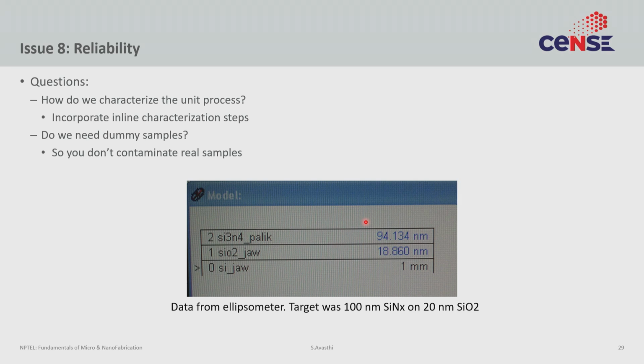So the way to do that is often to incorporate a whole bunch of characterization steps while you're doing the processing. So you don't wait till the whole device is done to find out that, oh, the metal I deposited was too thin, or oh, the silicon dioxide I deposited was too thin. Maybe you should measure it at that point. So if a failure has happened, you would notice the failure. Either you would do something to fix it, or you would start a new run. You would not waste all that time and effort completing the device run.